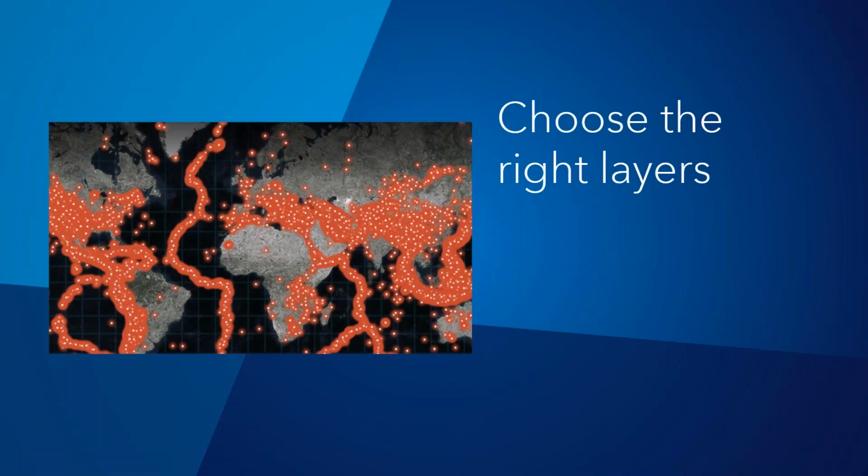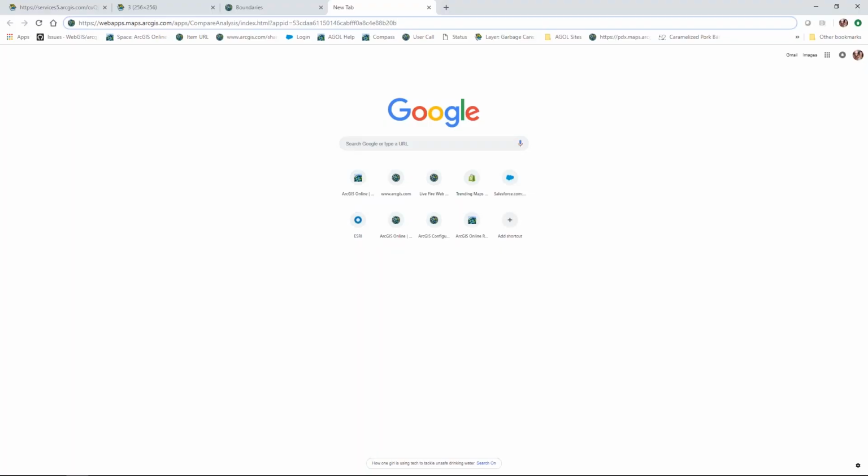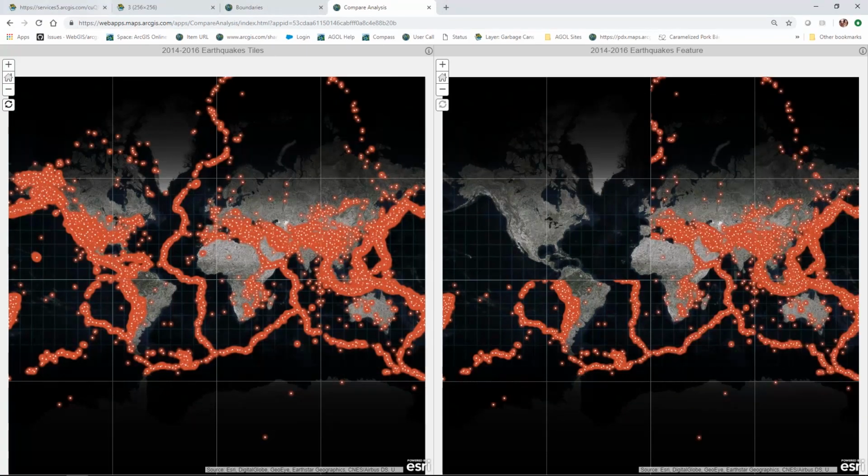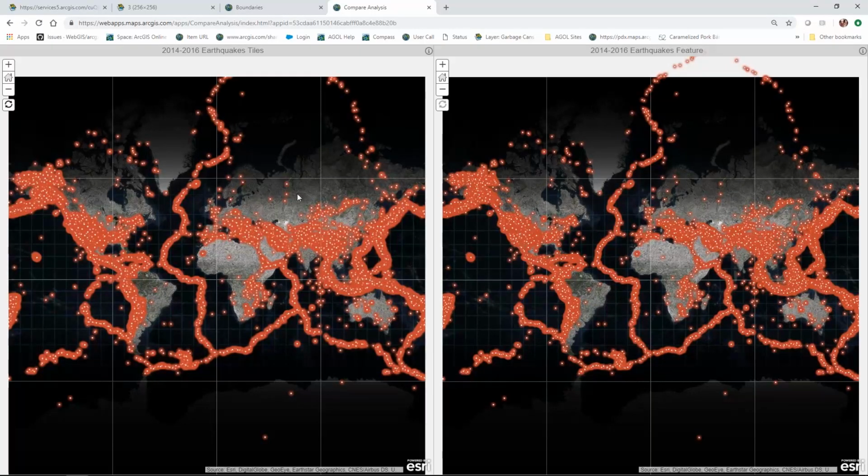All right, so one of the big things to think about is choosing the right layer. And I'm going to show a quick example of some differences between feature layers and tile layers. So in this example, and I'm just going to hit go now, and you'll see that there are 2 of the exact same map using different layer types, and they load at different speeds. So you'll see that the tiles are already loaded, and the features are slowly coming in. And you'll also notice that there are boxes around this base map. I've done this on purpose so that you can actually see how the tiles are set up when they actually load in. And if we can go back to the slides,